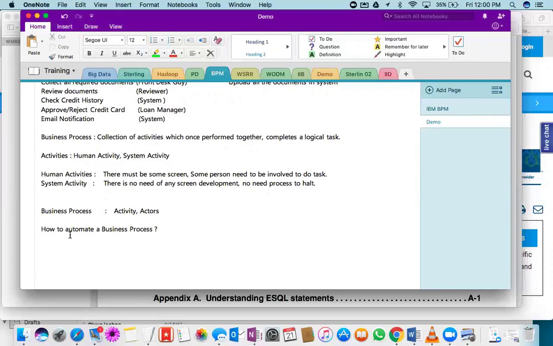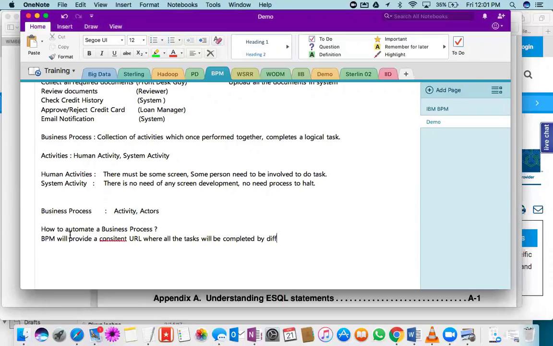BPM will provide a consistent URL, where all the tasks will be completed